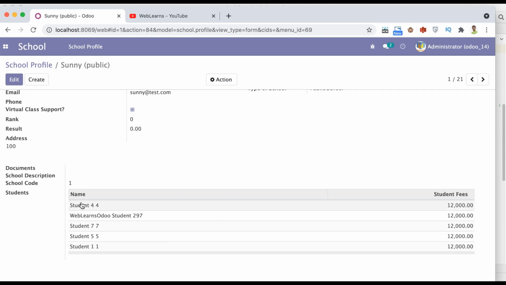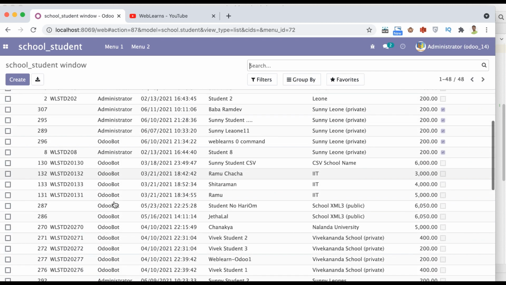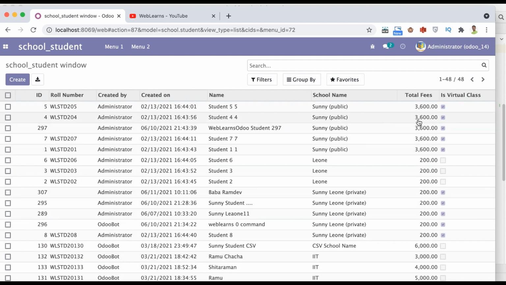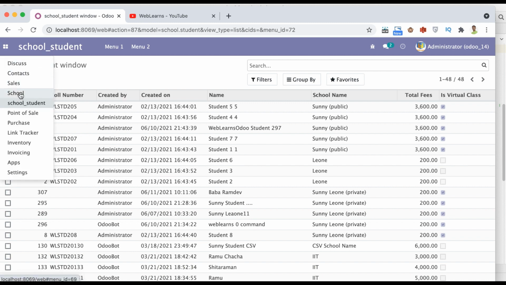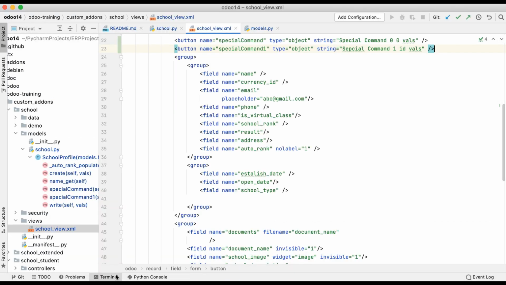Now you can see student 4 and the ID is 4, student 7, then ID is 7, then Weblearns Odoo Studio student 297 is the ID, and you can see here 12,000 total fees is also updated. Let me go to the student profile. Now you can see the total fees also changed from 3,600 for all the student profiles. So this way you can do it, but here you can see in the terminal